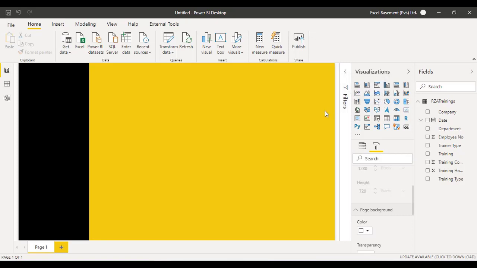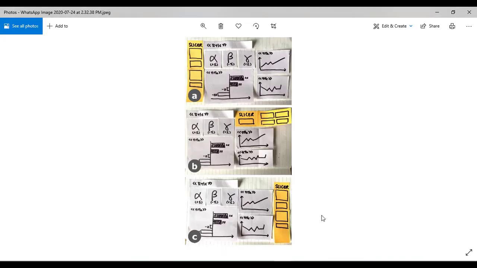But before that, you need to make your dashboard layouts. And for creating a dashboard layouts, you need to understand that how that dashboard would be integrated with different kind of slicers and objects and their placements as well, from top to bottom, from left to right. What will be that important information you would like to share with that management? So here, if you can see,